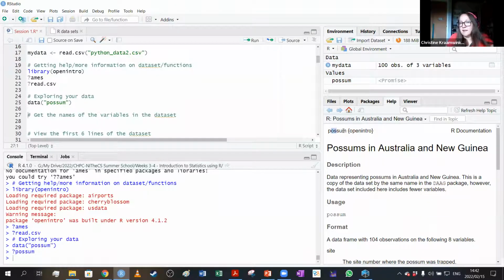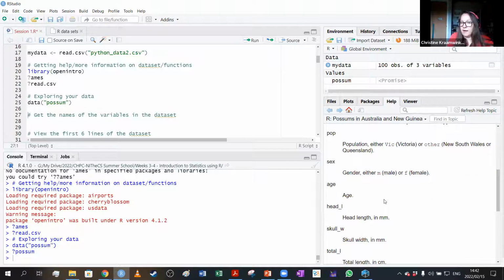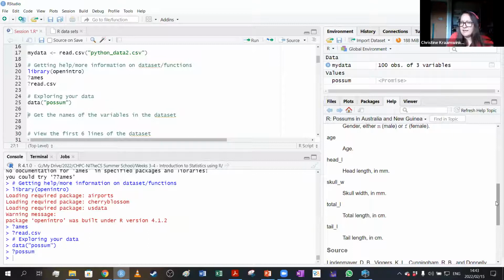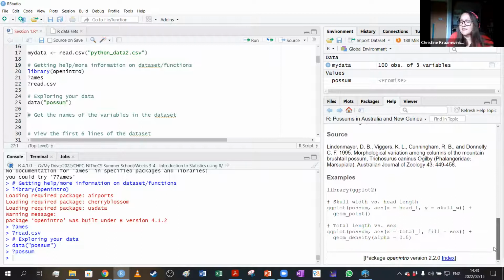So it tells me here, the possum data set is in the Open Intro library. It gives me a description of where this data is from, what all the variables are, what they represent, and what the source of this data is. Sometimes it also gives you some example code that you can run.